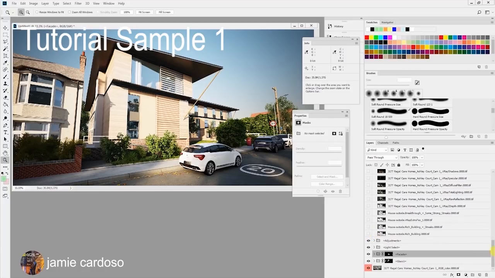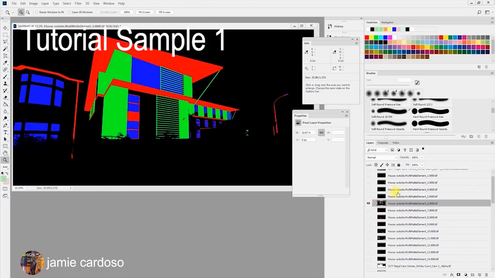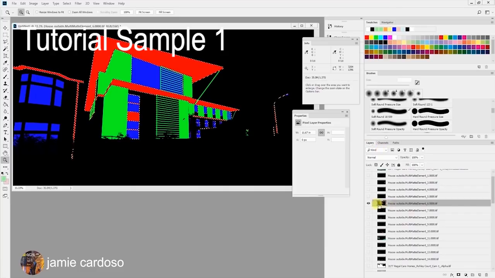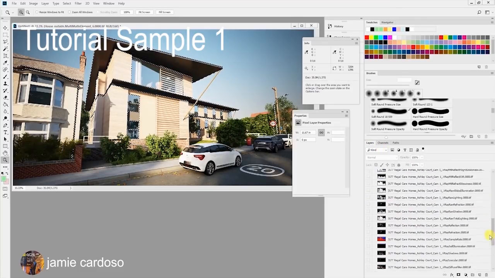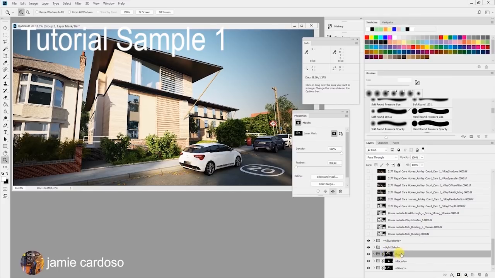So we're going to start by enabling the multi-matte element with the roof color selection on. Open the Channels tab, hold down the Control key and select the red channel thumbnail. Back on the Layers tab, turn off the visibility of the multi-matte layer. Create a new group. While the selection is still on, create a group mask by clicking on its button and